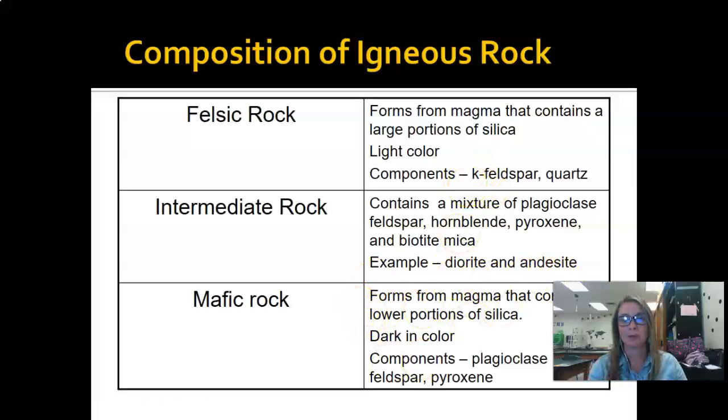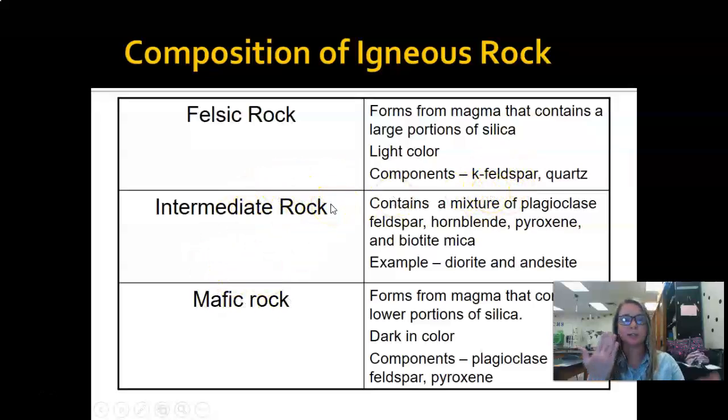potassium on the periodic table, and quartz, which we saw in our mineral box. Once again, don't be fooled, because quartz can be clear, it can be yellow, it can be blue. But for the most part, I always say with felsic rocks, if you run it underwater and then look at it, it should almost look like there's ice in there. That's your quartz. And I'll give you some clues on potassium feldspar. It normally has a pinkish color to it.